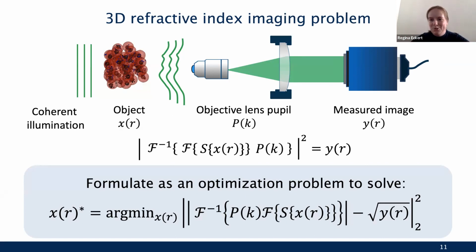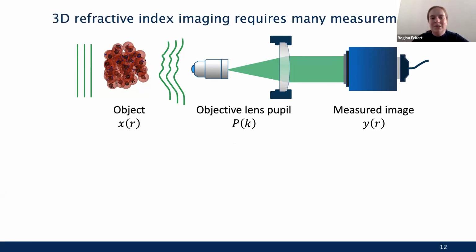And we're happy, we're good, we've solved it. Obviously not at all. So we really need a lot more measurements than just one in order to get 3D refractive index. So we can take this basic setup that we have, this illumination and all of this modeling that we've done, and try to figure out how we actually measure good information to get 3D